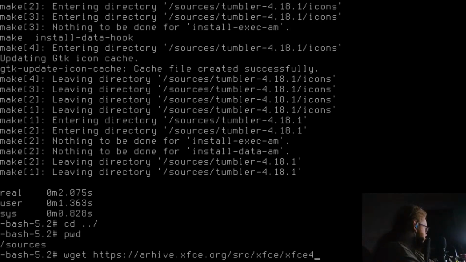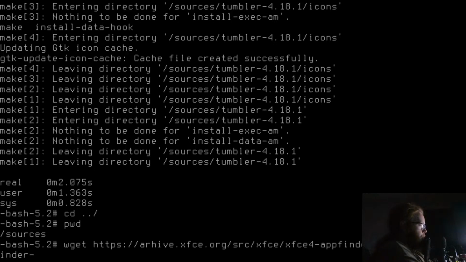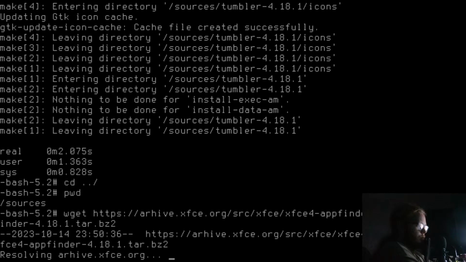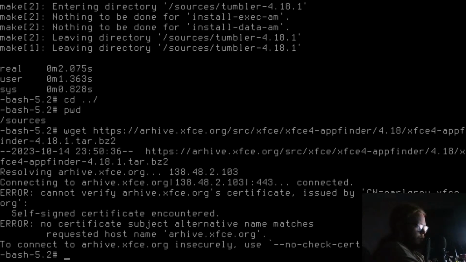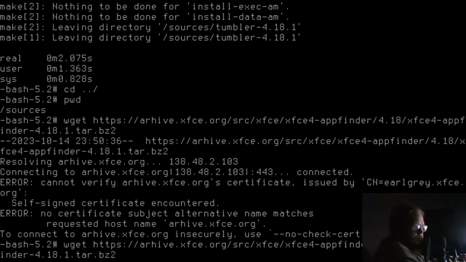archive.xfce.org/src/xfce/xfce4-appfinder/4.18/xfce4-appfinder-4.18.1.tar.bz2. That's the first time it's done that in a while.